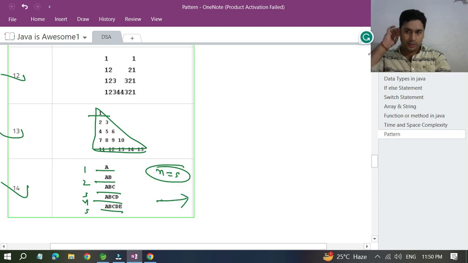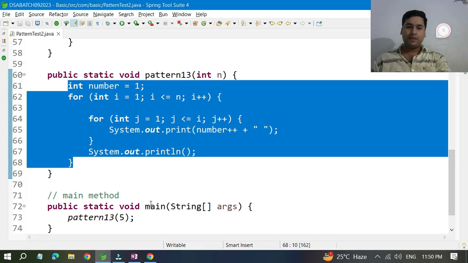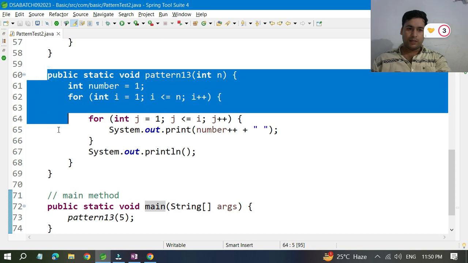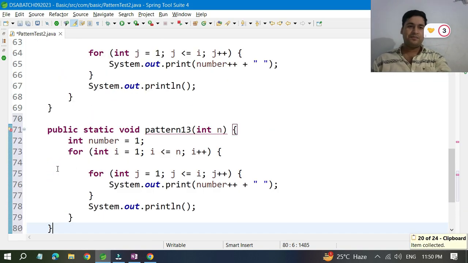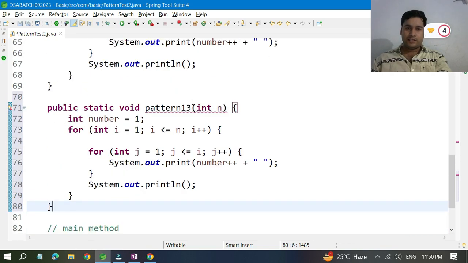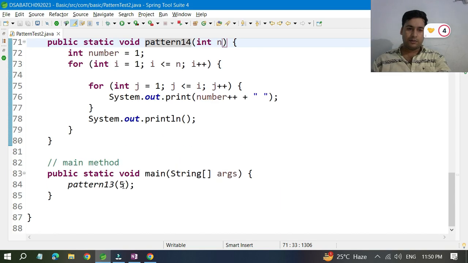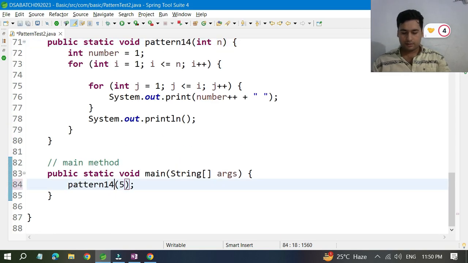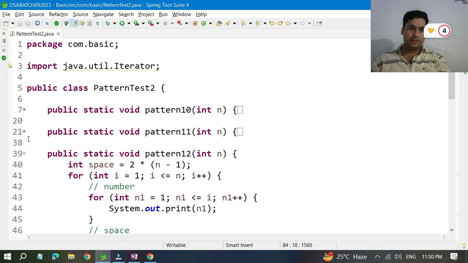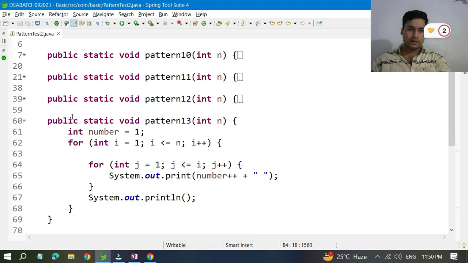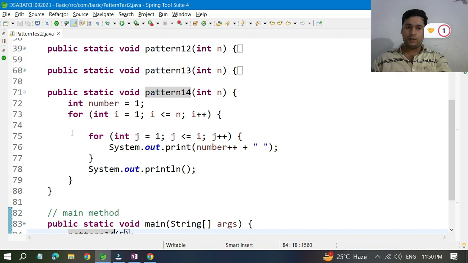So what we can do is, let's go to our Eclipse. Okay, and let me copy, because this is required for us. Correct. So let me change the name, which is 14. Correct. And here also I have to call it 14. Then after we have to write the code for that. So let me minimize all those things which are not required. And here what we can do is, if you see here this 14,